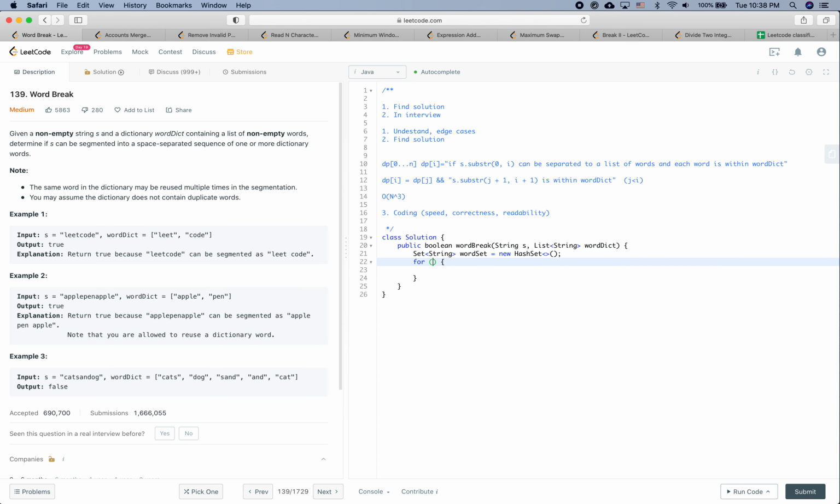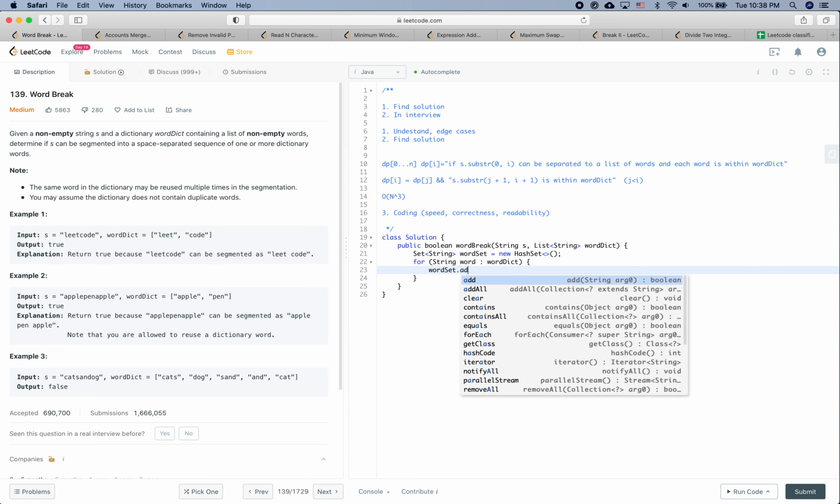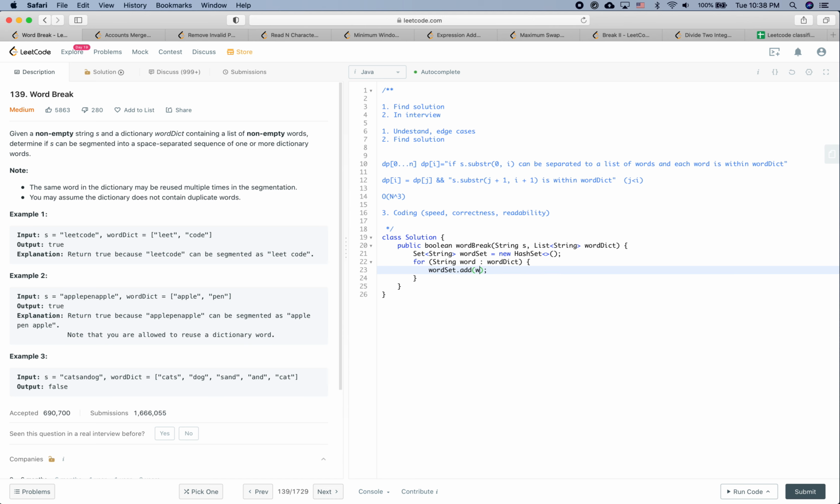For string in word dict, word set dot add word. Okay,